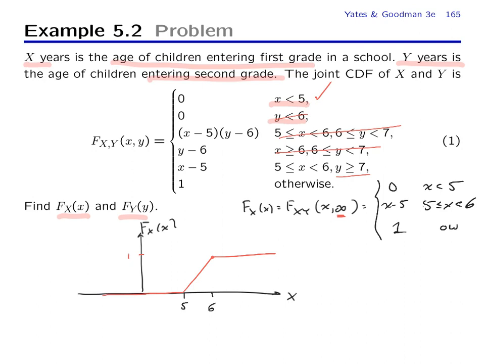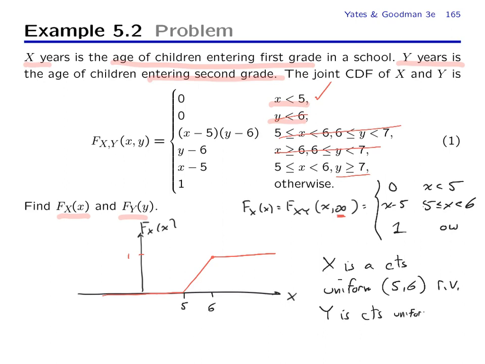So what we see from this example is our familiar ramp, the CDF of a continuous uniform random variable. So we can conclude that x is a continuous uniform 5, 6 random variable. If you do the same thing for y, you would find out that y is continuous